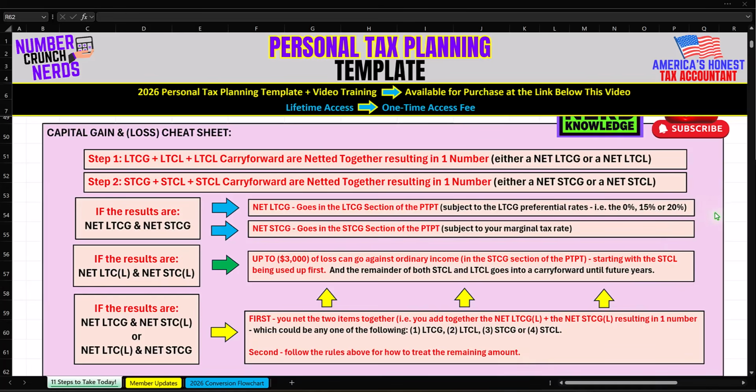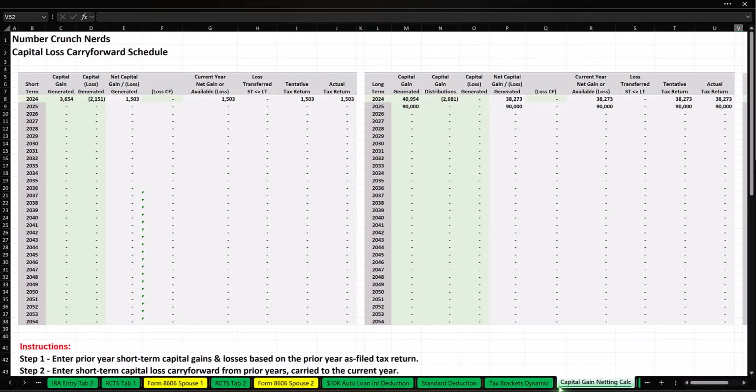If it's a long-term capital gain, you follow this rule. And if it's a short or long-term capital loss, you follow this rule right here. Now hopping back over here to the personal tax planning template, here is the capital gain netting calculation. This schedule will complete all of the netting calculations in the appropriate order that we just went over in the capital gain capital loss cheat sheet, and it will take into account your capital gain distributions, and it will put